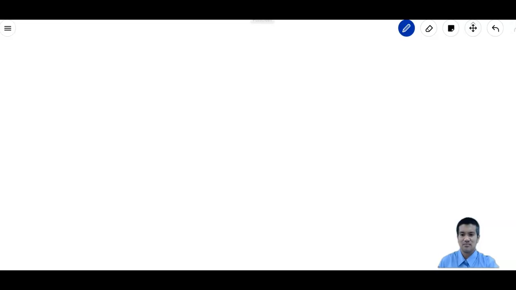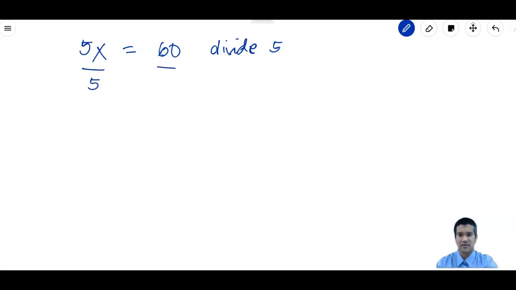For example, we have 5x equals 60. So what will we do? We have to divide both 5x and 60 by 5. Divide by 5, divide by 5. So we get x equals